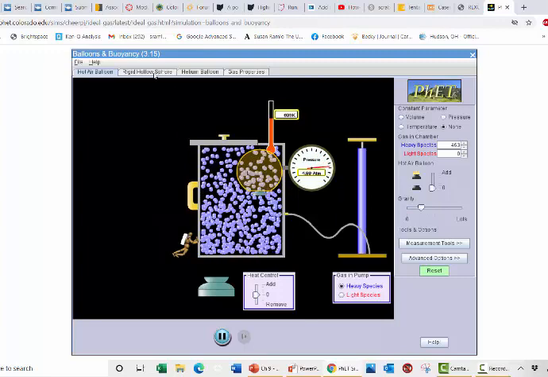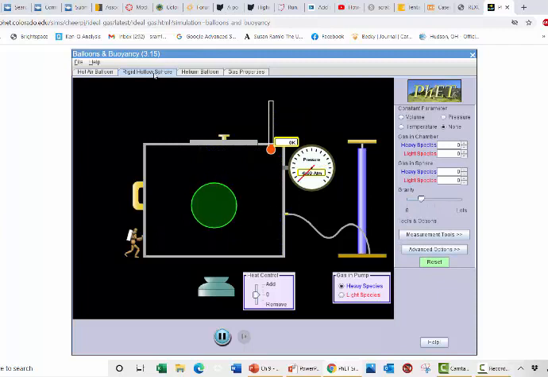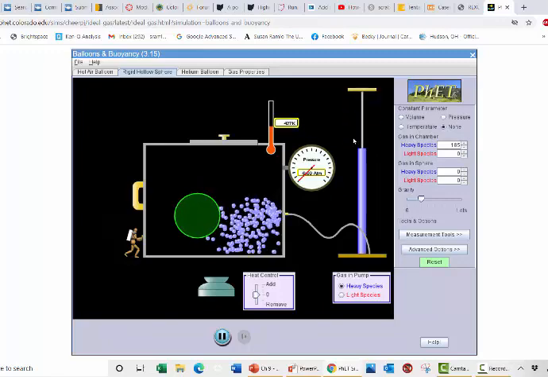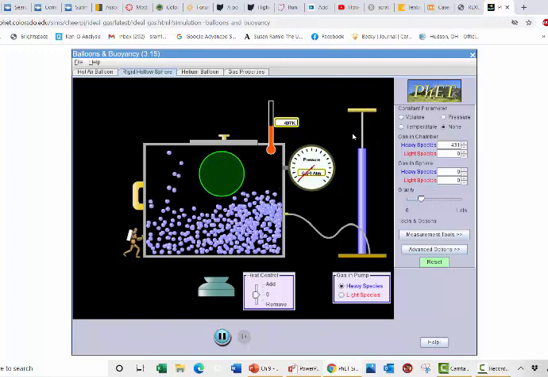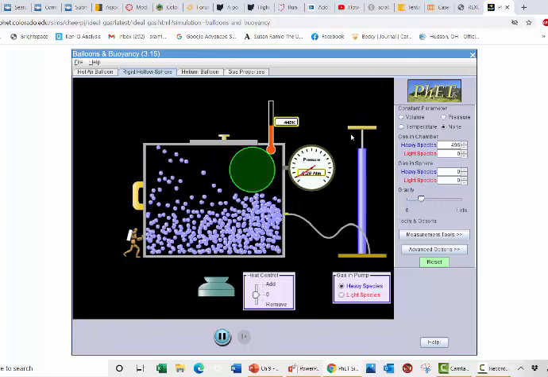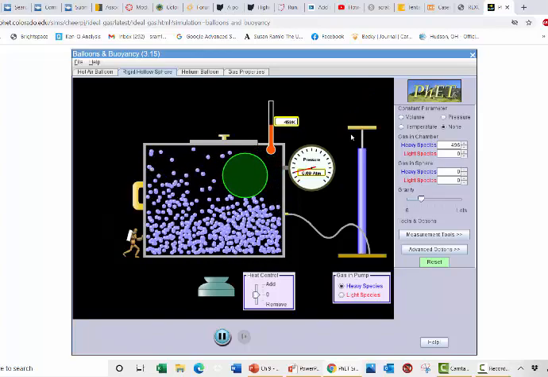So this is the same idea. So now I just have it slightly different. It's just a hollow sphere, so it's just a different object. And so it's the same heavy species, and